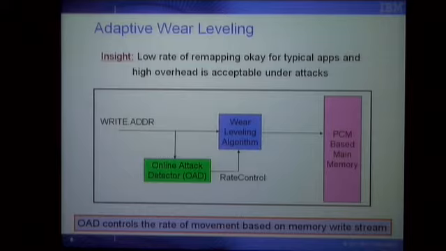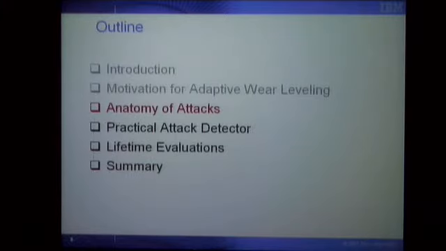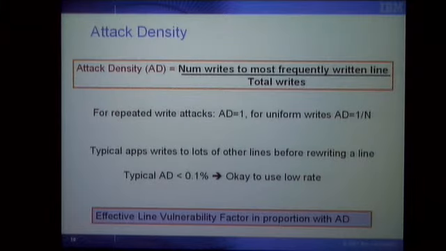To identify attack-like applications, we need to first define what an attack is. So we came up with a metric called attack density. Attack density is the number of writes to the most frequently written line divided by total number of writes. So if you're writing to one line again and again and again in memory, attack density would be 1. If you're writing uniformly, and there are n lines in memory, it will be 1 over n. Now, the typical value of n is like tens of millions. So the difference between the highest possible value of attack density and the lowest is like 6 or 7 orders